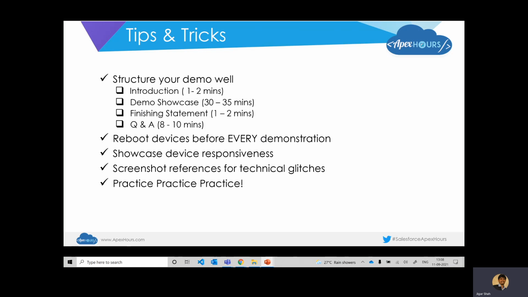Unless you structure your demonstration in terms of having a right prelude and an introduction, going through the demo with the help of a user story involving user personas, and then at the end of it, providing a finishing statement which helps the audience in the demo relate to what you are actually doing with the solution and how it can help them to solve their problems, right?